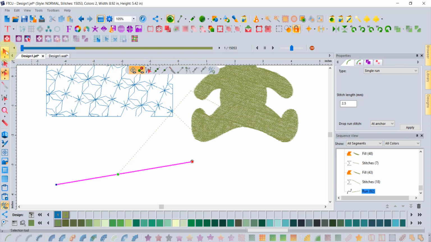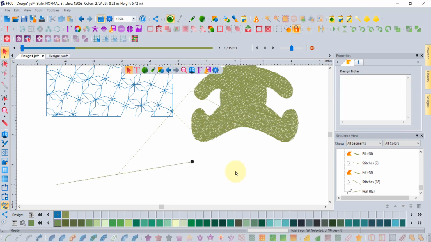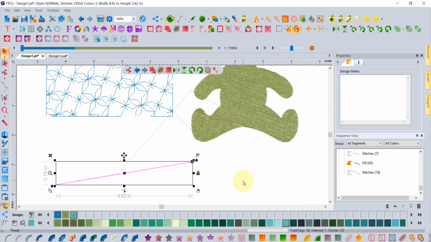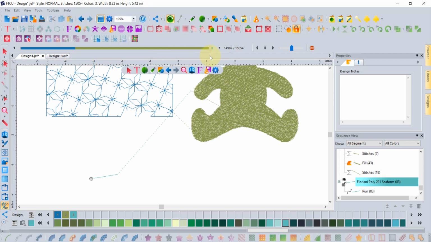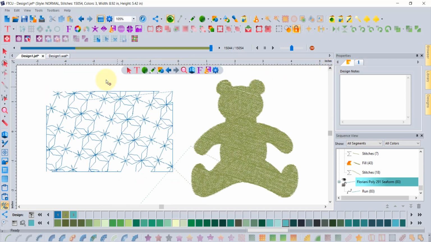But now what the software is going to have to do to be able to stitch that is when it reaches, here, let's just make this run stitch its own color so that I can reach it easily. When it gets to the end of that color, you'll see it started right where we said it should start, but it sews to the beginning of the line, and then it'll come back along that line. I'm just clicking one stitch at a time here, so it gets to the beginning, and then back along the end to travel to this side, and so it got some of it 2-ply and some of it single ply,